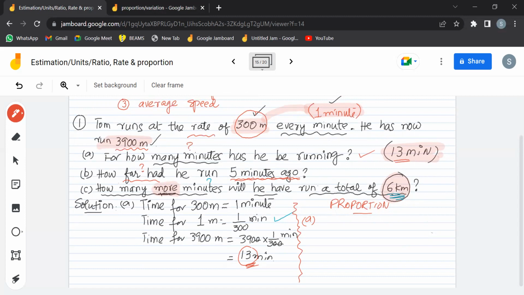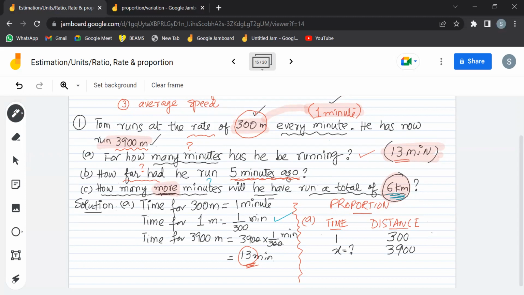Time is one category and the distance is the other. 300 meters every 1 minute. How many minutes? x, question mark, for the distance